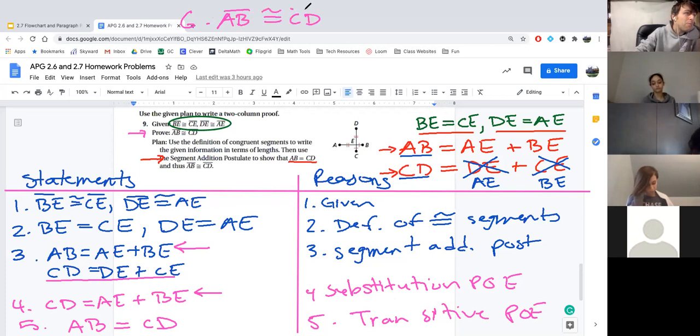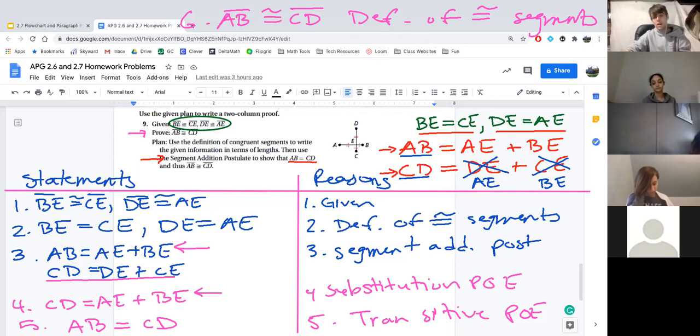I'm not going to probably be that picky with this because equal segments does mean congruent segments, but technically in a formal proof, we wouldn't write that. So that's the definition of congruent segments. If two segments are equal in length, then they are congruent. So this is kind of the proof that we were looking for, at least one of the ways that you can do these proofs. There are other ways we could have done this, some other ways to create that. And I think that what you have there